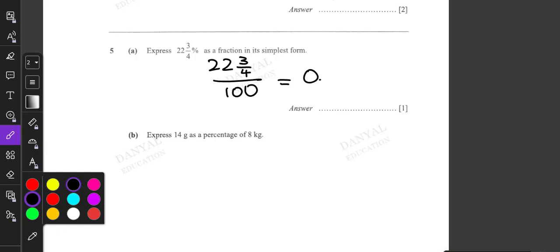Okay, here is 0.2275, but they ask to be in a fraction. Okay, fraction in its simplest form. So simplest form of